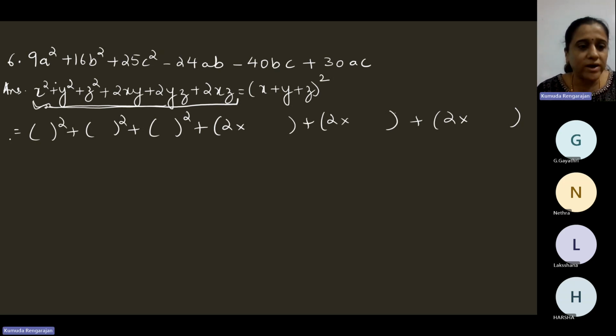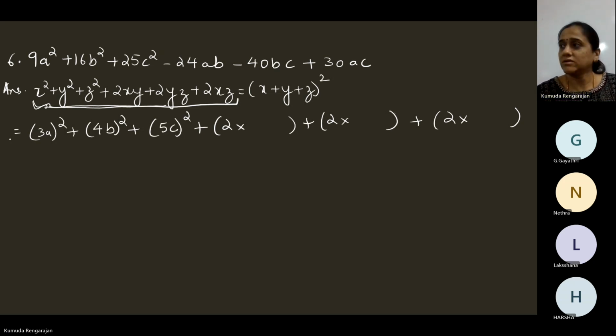Using the identity: x squared, empty bracket squared, plus, from the identity, y squared plus z squared, all the signs from the identity. Now fill in the spaces. What should it be here? 3a, then 4b, 5c. Okay, so now when you square, you get the first three terms. Then 2 into